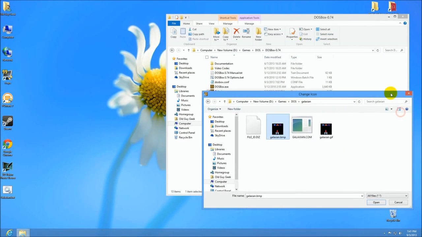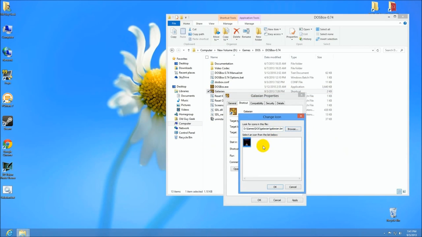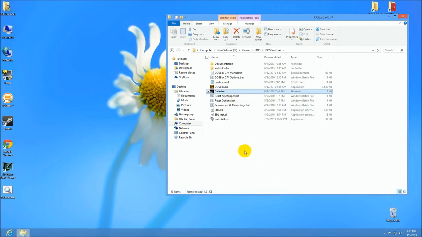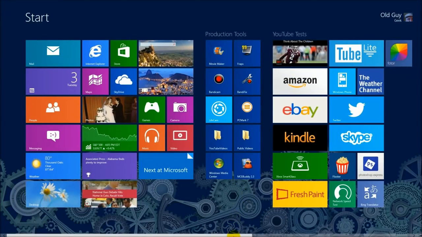So now I have this BMP file. So now if I take that file and say that's going to be my file, you notice it's now the icon for this. So if I click OK, and click OK again, you'll see that the Galaxian shortcut, which is really DOSBox with the command line, now has that as an icon. If I click pin to start menu, guess what? Now I have a